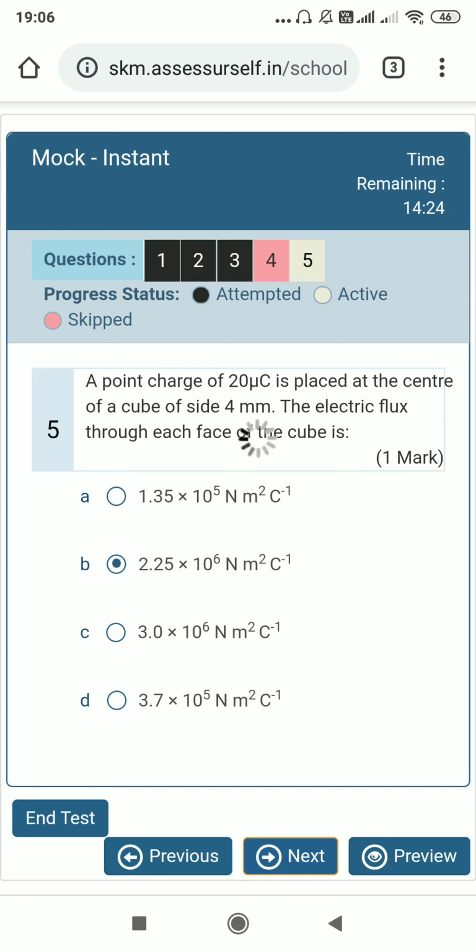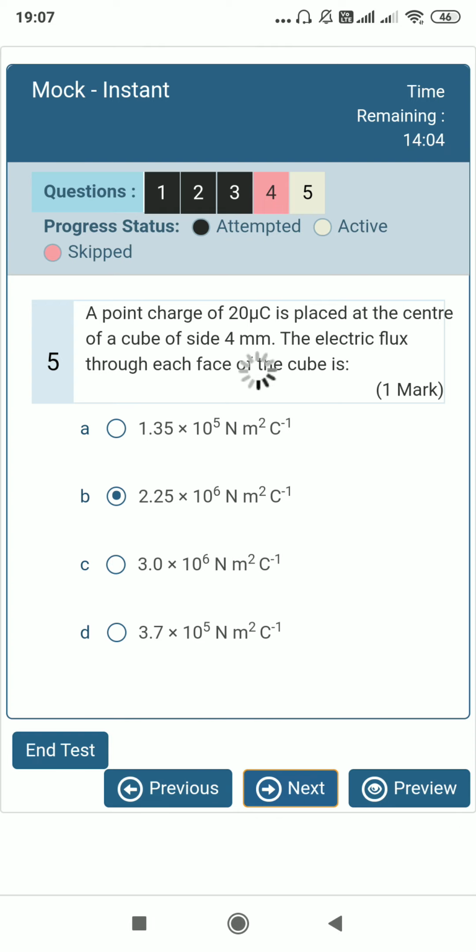Now in between, never click back. If you click back, then the paper will not get submitted. So please ensure that after attempting all the questions, you click on OK, and as soon as you click on OK, the paper will be submitted to your teacher. Once you have submitted your paper, it will be received at the teacher's end. After the teacher has received the paper, the teacher will correct your answer script and evaluate it.